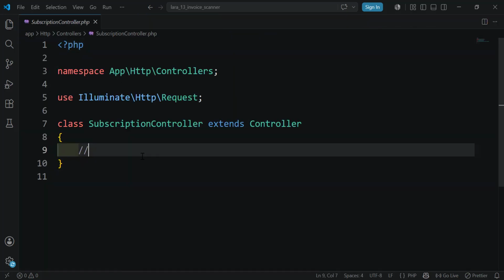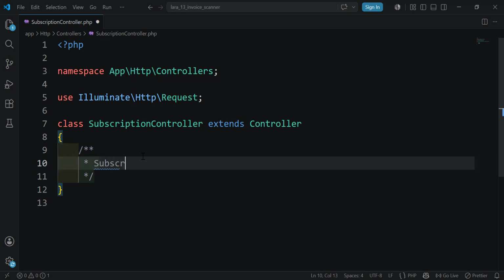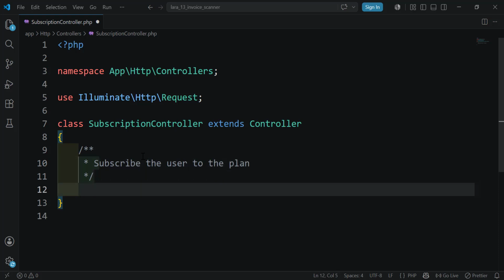Here is our controller. Now we need to add the first function. What it will do is subscribe the user to the plan. We need to add the public function checkout, and it will take the request,